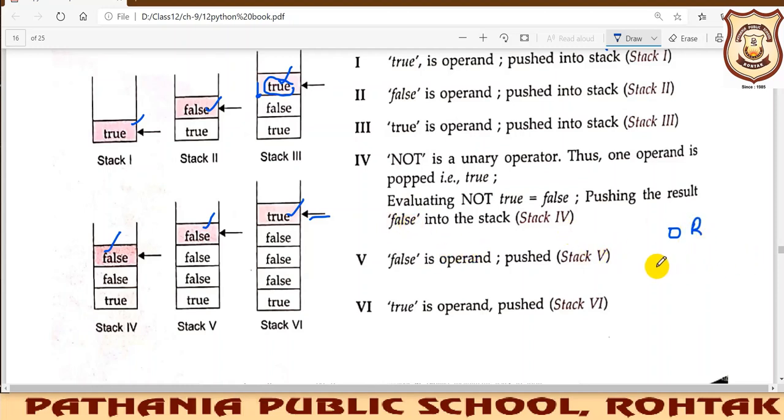So if you are giving true or false, if you are writing like this, you will pop true and you will pop false. आप ये दोनों निकालोगे stack में से and you will apply OR operation. So either 1 is there or 0 is there. So when you are applying OR operation, 1 plus 0, what outcome you will get? 1 only. So if you are writing true or false, so 1 or 0, it will give you 1 only.